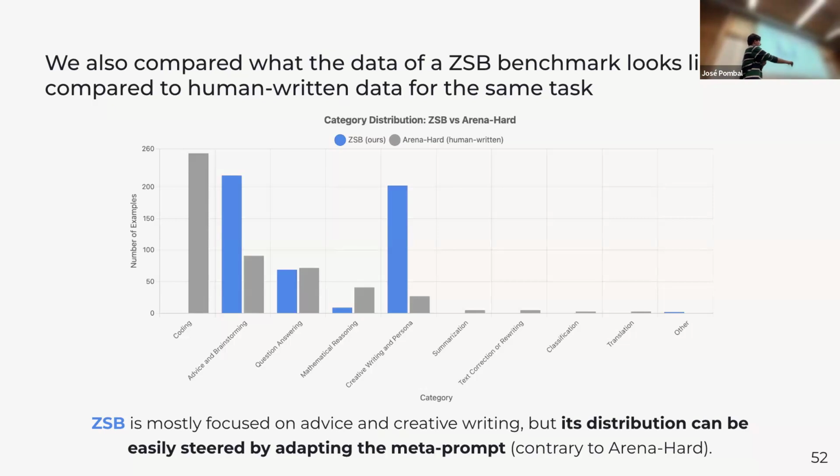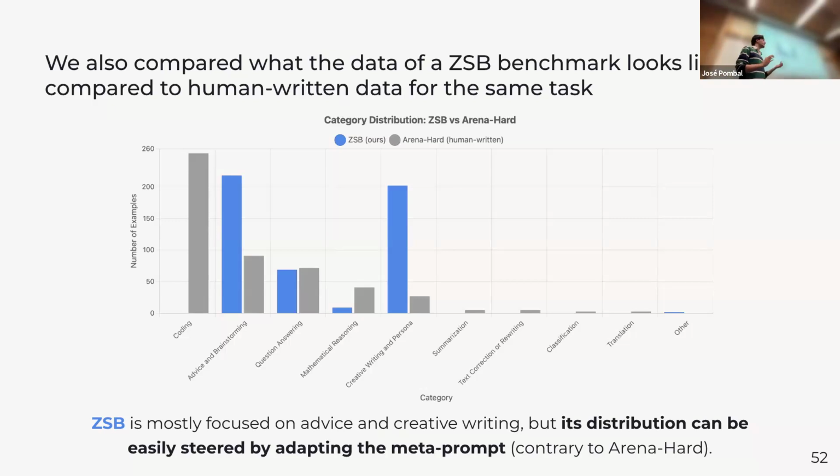Whereas our benchmark is mostly instances related to advice and brainstorming, like questions and things that you might want to ask ChatGPT every day. And there's a lot of creative writing and persona elicitation, whereas ArenaHard is mostly code. So this also shows that we were able to reproduce these human rankings with a very different data distribution. We made no effort at the time. We wanted a fair baseline. We made no effort to try to mimic the data of ArenaHard, which yielded the human rankings. And even still, you can get nice pairwise accuracy.